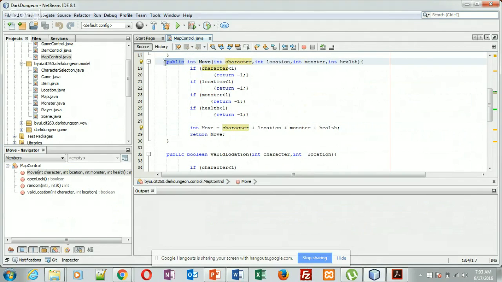It's not restricted, like the private function. So if character is less than 1, I think I left something out. If character is less than 1, oh, my PC is freezing. Okay, there we go. If character is less than 1,